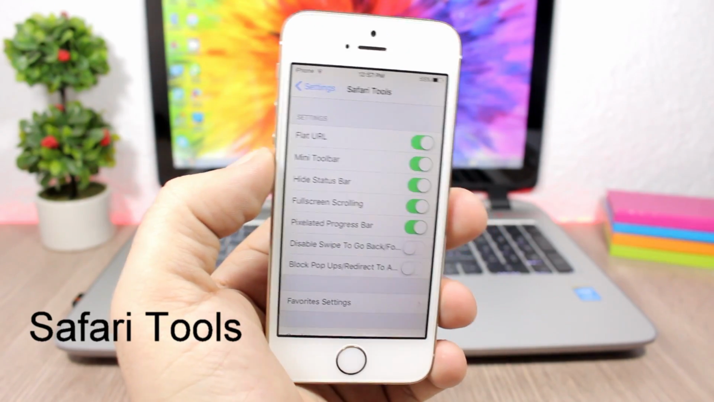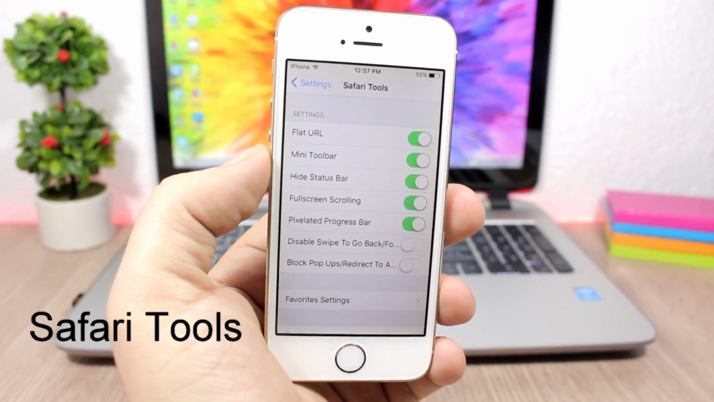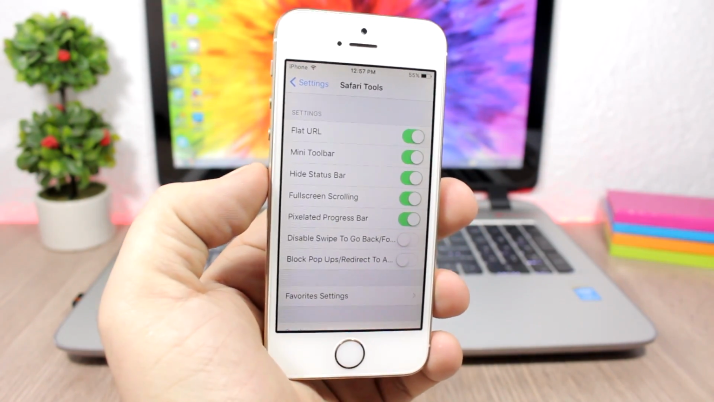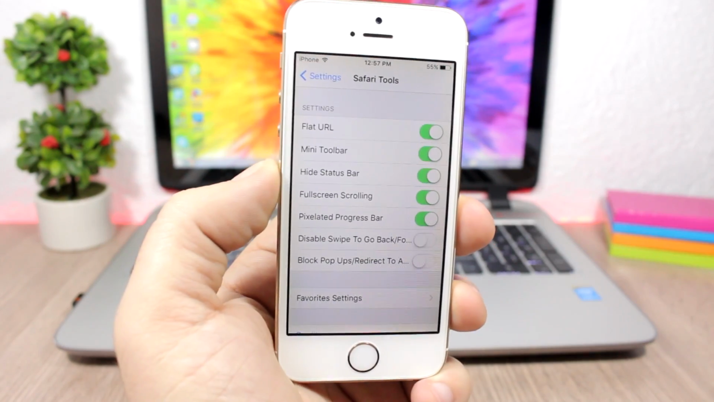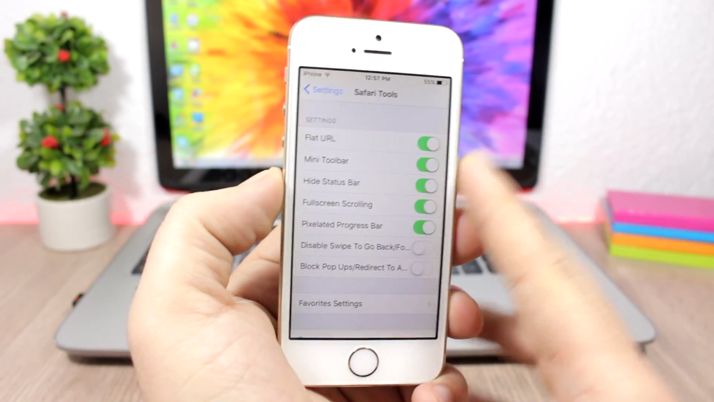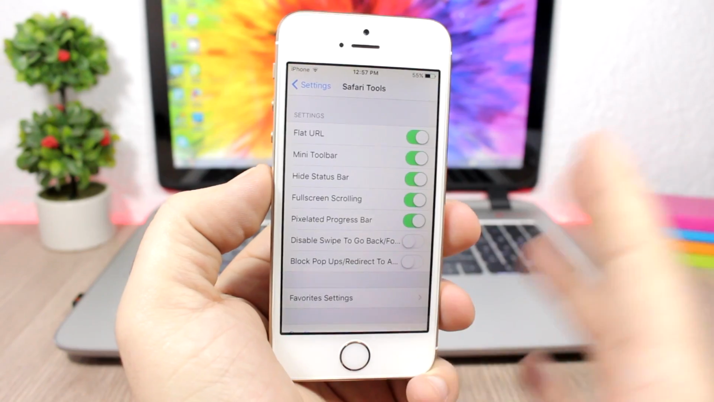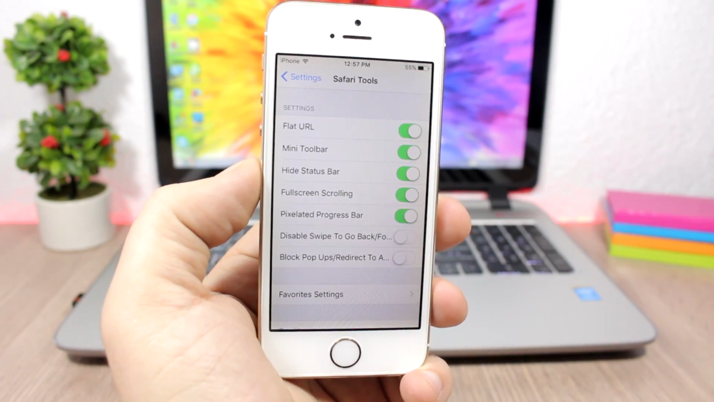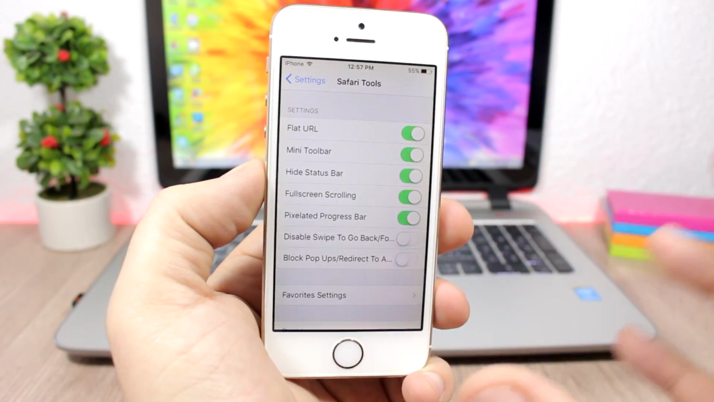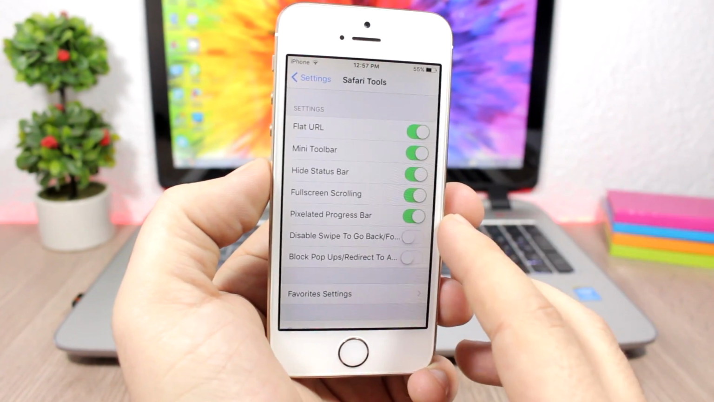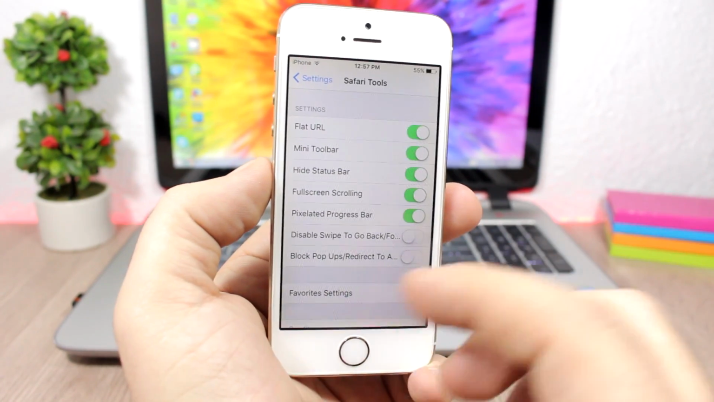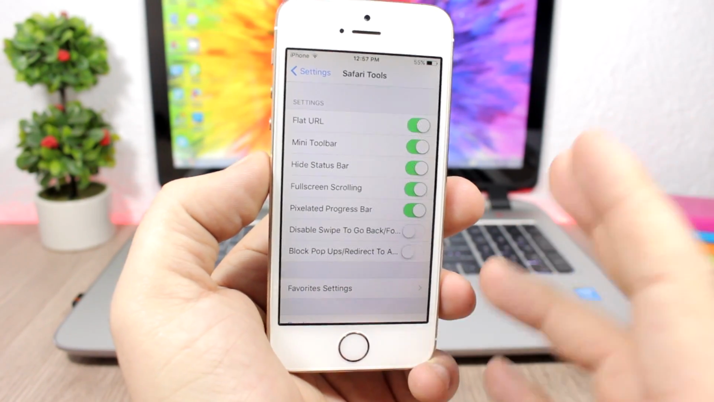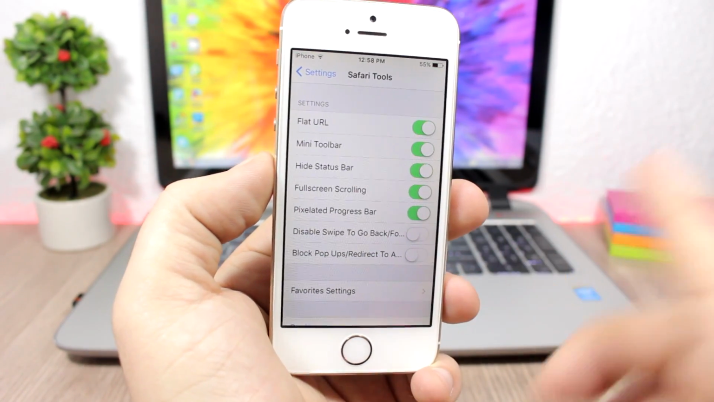Safari Tools. This tweak will add a bunch of new features to the Safari app. So under the settings of this tweak you will have a list of all the features that it will add to Safari, and you can enable or disable any of them from here. So you have flat URL, mini toolbar, hide the status bar on Safari, full screen scrolling. So if you enable this, it will go to full screen the moment that you start scrolling on Safari. And then you can also enable a pixelated progress bar for Safari, and you can also disable the swipe to go back and go forward on Safari, and also you can block the pop-ups and also the redirects on Safari,